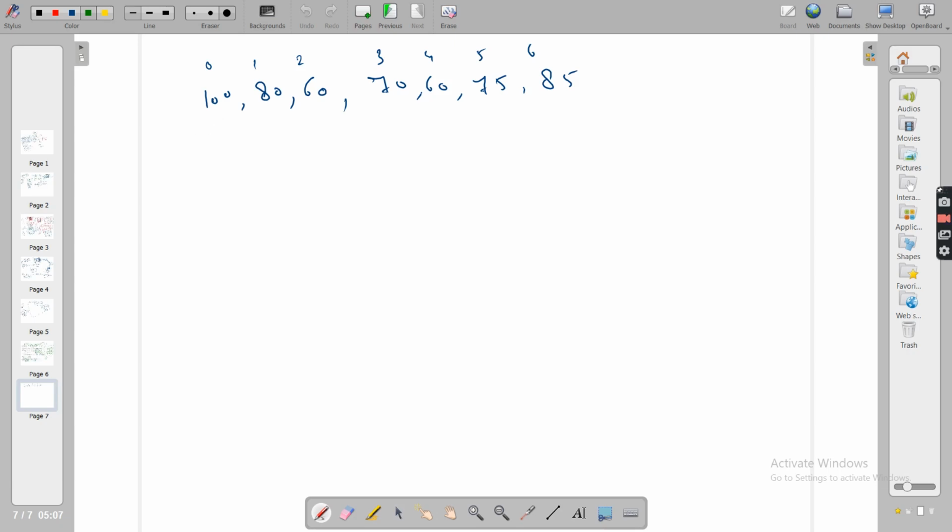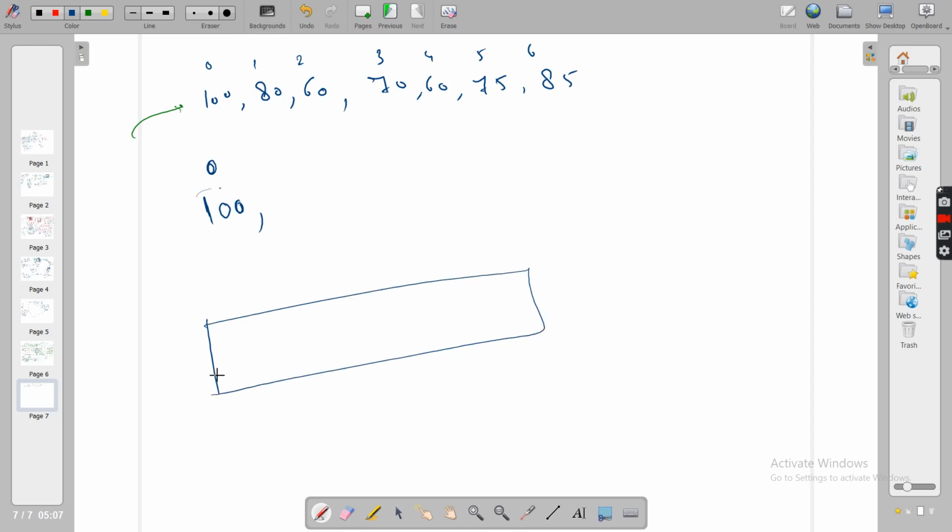Now let us see how we can approach this problem. Let's try to solve this test case directly, not with any idea or clue, but just with the things we know: array, loops and everything. Now see, you put 100 here, at the 0th index. Let's create that ans variable as well, with indexes 0 1 2 3 4 5 and 6.